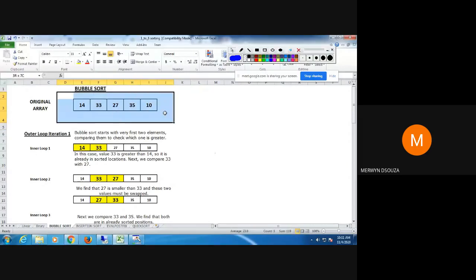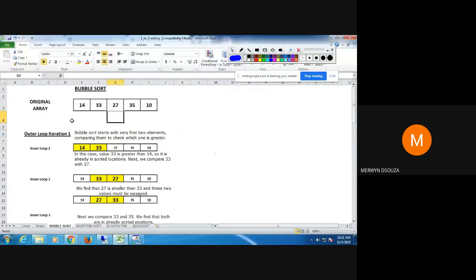Okay. If there are n values, you require n-1 iterations. There's one optimization possible in this bubble sort, but maybe I will tell you about it later. When you optimize it, then you don't require n-1 iterations. But first we'll just understand this method, then we'll talk about that.